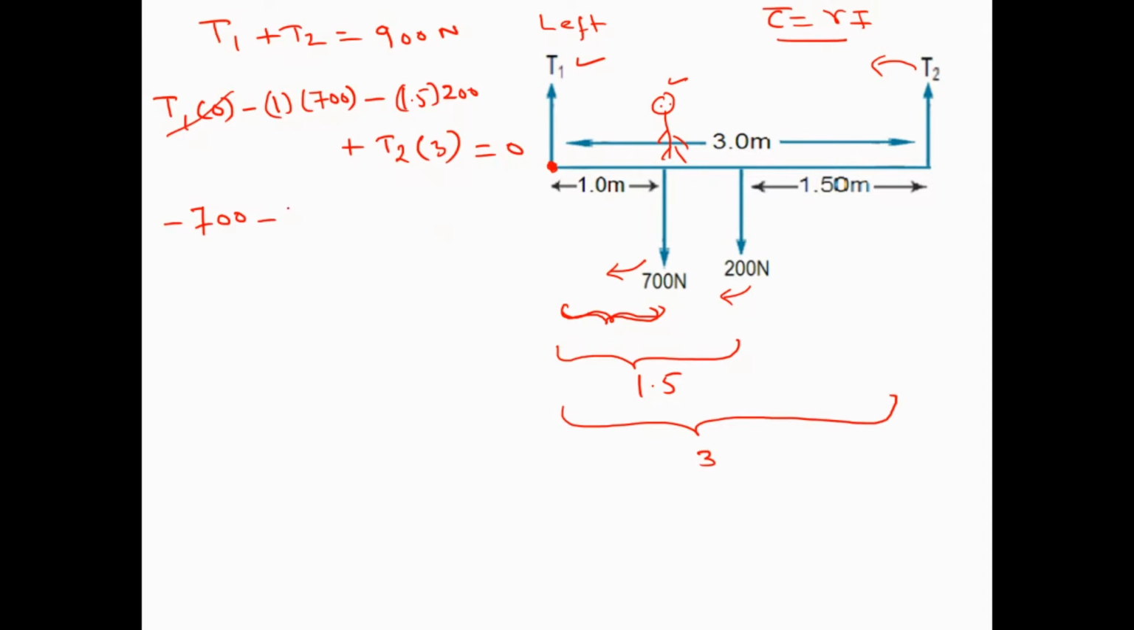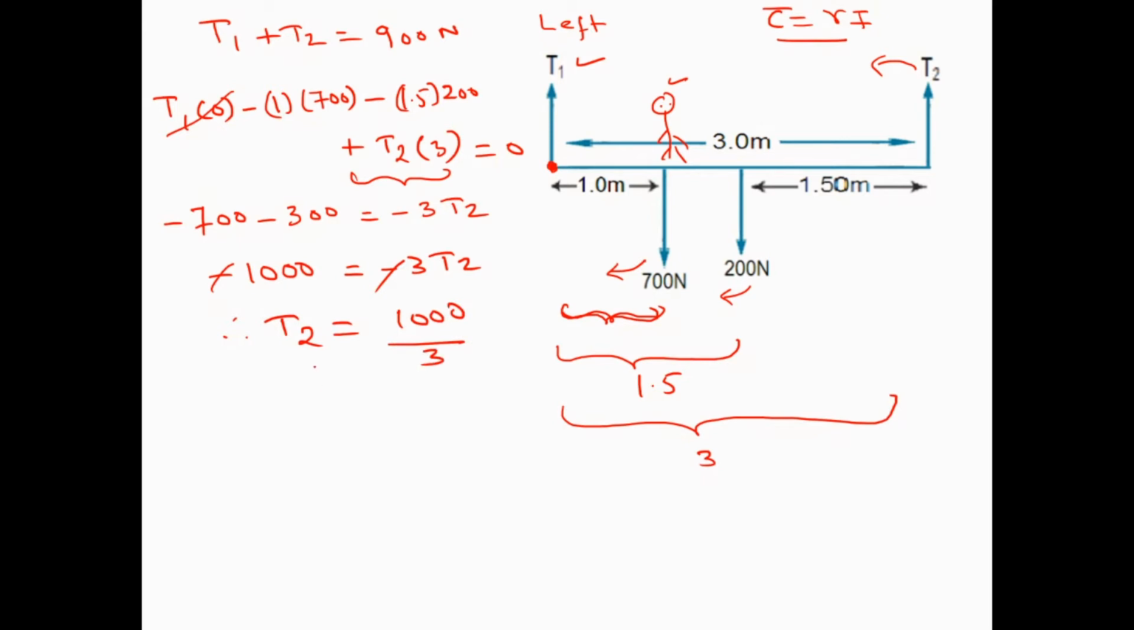So minus 700 minus 300 Newton is exactly equal to, because I'm going to move this part to the left hand side, by that it becomes negative, so negative of 3 T2, right? So left hand side we got minus 1000. Right hand side we got minus 3 multiplied by T2. I'm going to cancel this minus with this minus. Therefore, T2 is equal to 1000 over 3, which gave 1000 divided by 3, we got